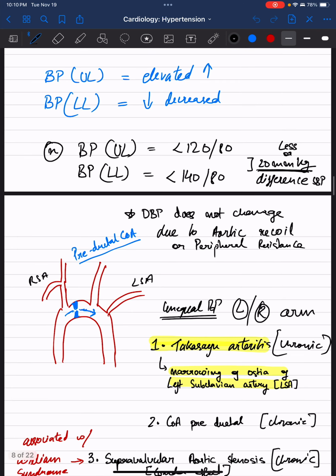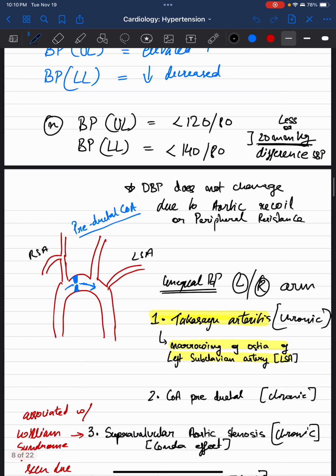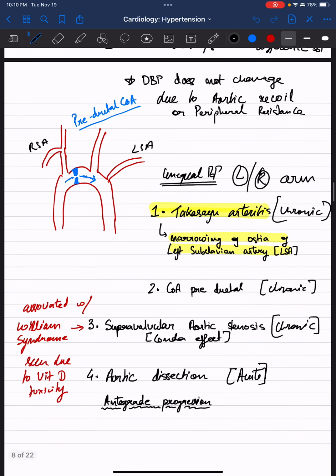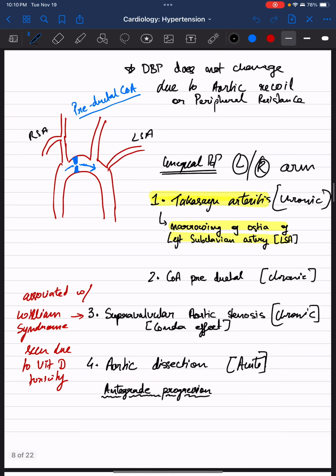There is a 20 millimeters of mercury or less difference between the systolic blood pressure of upper limbs and lower limbs. The diastolic blood pressure does not change due to the aortic recoil or the peripheral resistance in our limbs. In coarctation of aorta, there are many varieties. There is also a preductal coarctation of aorta,